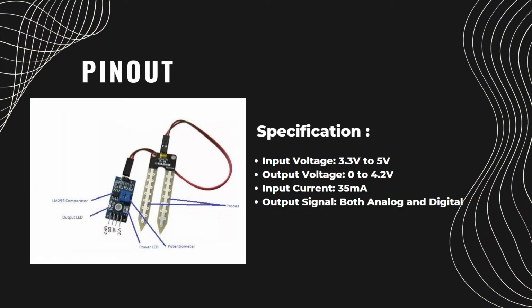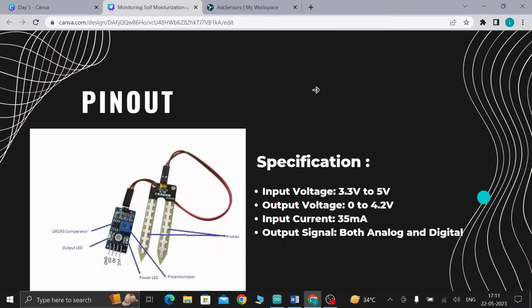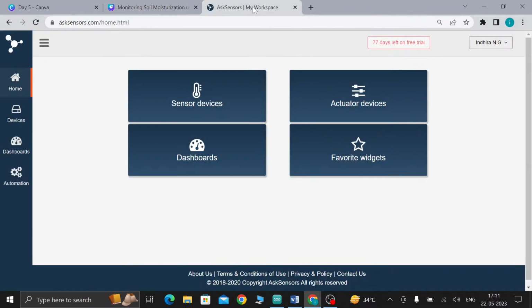Next, coming to the sensor setup. Let me explain how to create an account and how to use the sensor account. So for that, the first thing you will need to do is create an account for the sensor. Go to Google, search for the sensor, and log in using your email ID. If you have a PC or laptop with you, just try to log in now, or just take notes on how to do the login step by step.